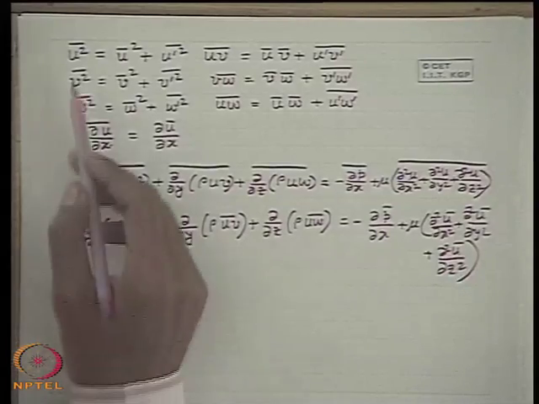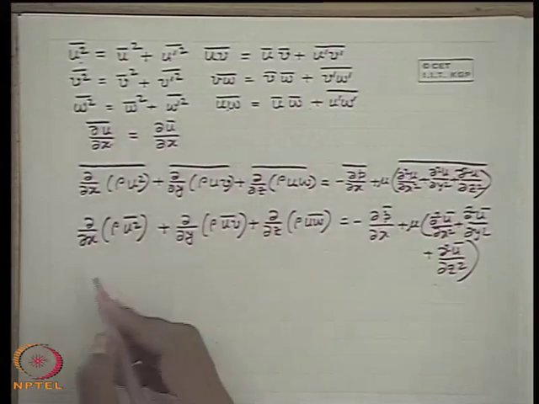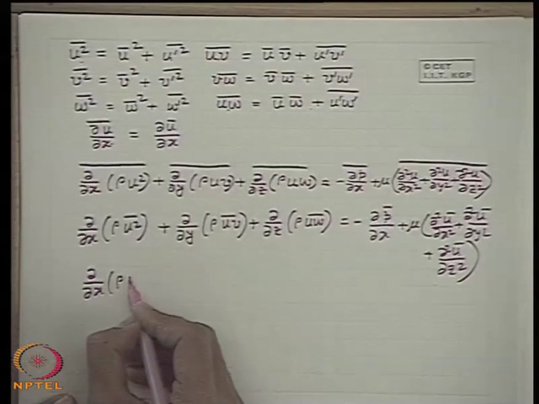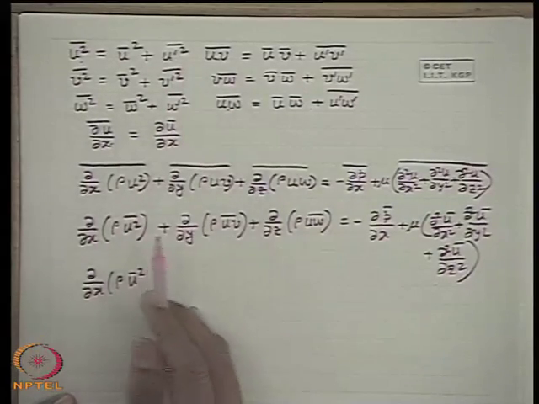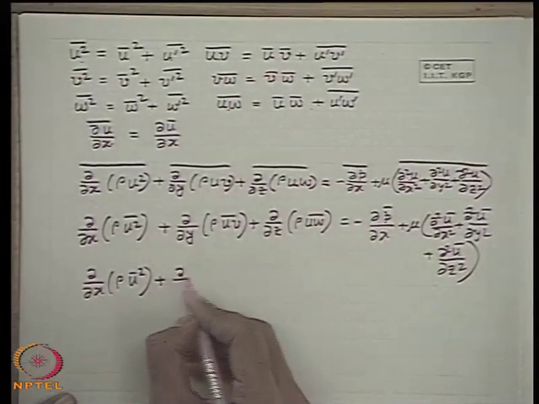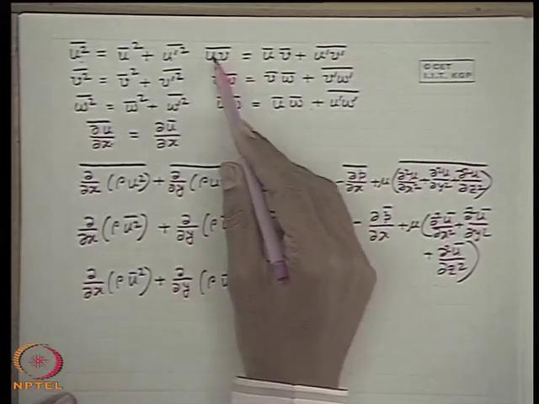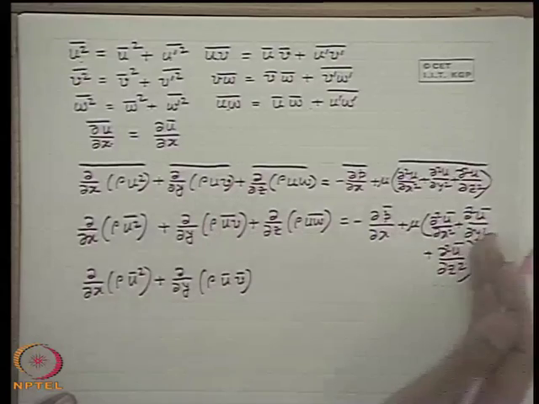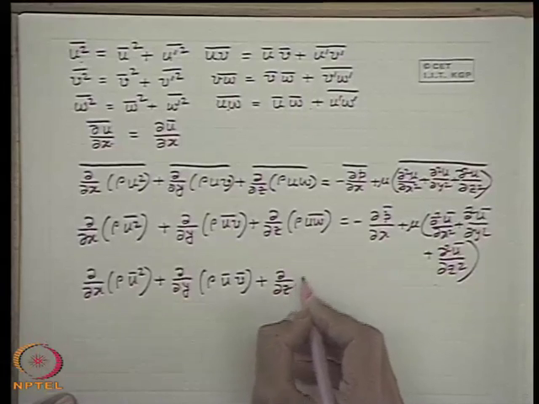But in the left hand side, now we express u square average, uv average and uw average by these equations. Then what do we get? If you replace this, we get del x of rho u bar square. Another term we get is del x of rho u dash square average. So the fluctuating component I am now taking on the right hand side, keeping only the mean component on this side. For del y, a little algebraic manipulation will tell you: del y of rho u v average means u bar v bar, plus u dash v dash bar, which we will take separately on the right hand side. This term we will take on the right hand side, plus del z of rho u